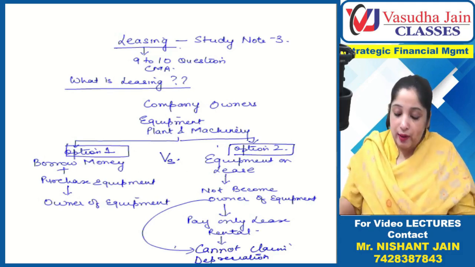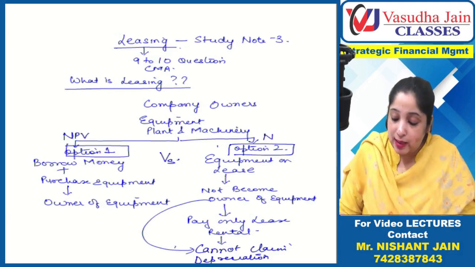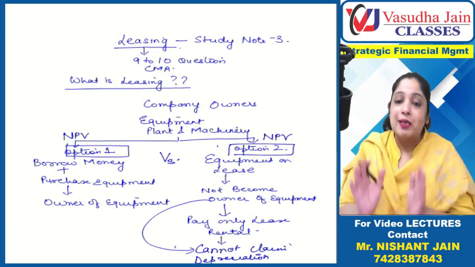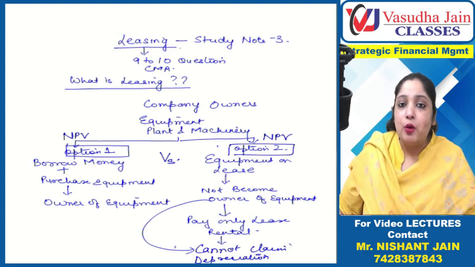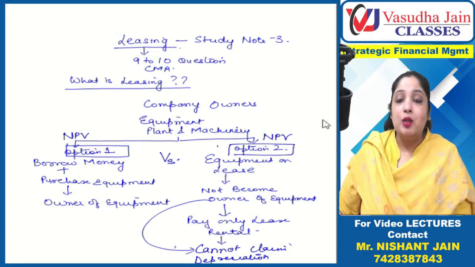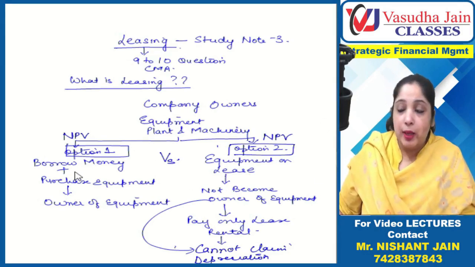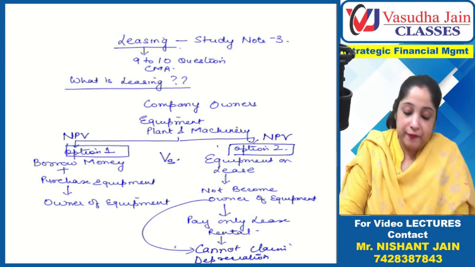So basically we are going to compute the net present value of this option and the net present value of this option. First step. Second step is, what are basically the inflows and outflows that happen under this option and this option? Let us observe. Suppose you borrow the money and you purchase the equipment, so you become the owner. So if we evaluate the first option,